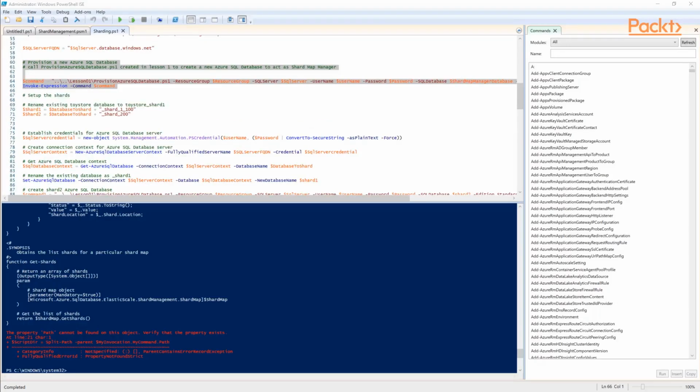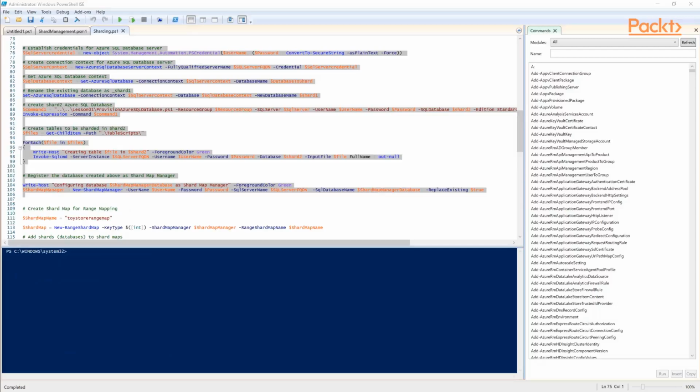Then we'll provision a new Azure SQL database by calling the provision Azure SQL database PowerShell script. And we created that back in lesson 1. And that's going to act as our shard manager. Then we're going to establish credentials for the Azure SQL database server. We're going to create a connection context. We're going to get the Azure SQL database context. We're going to rename the existing database and give it an _shard1 prefix. We're going to create a second shard. And then we're going to create tables to be sharded, and that can be found in the table scripts folder